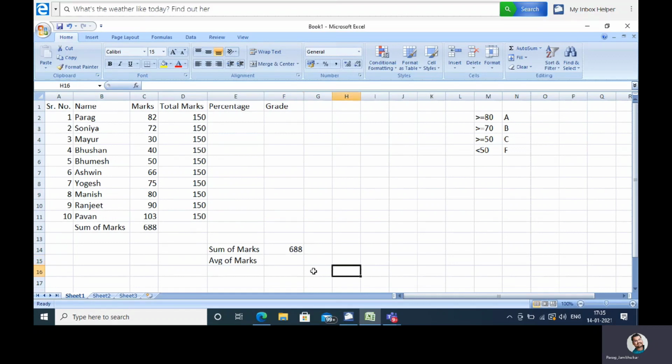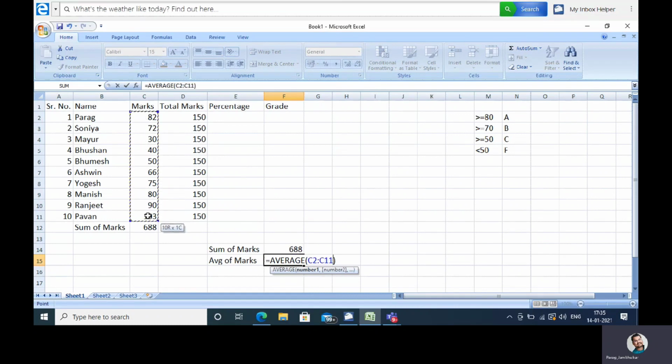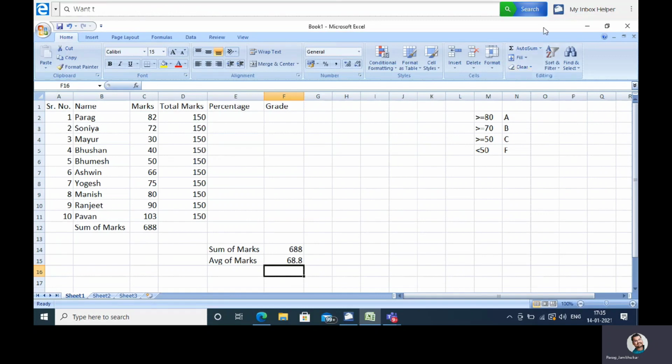Then suppose I want average. So click here, then choose the Average function. Okay, so the average function has come there. Now I'm selecting all these values. So I want average up to this. Press enter. So here I got average. So in the same way, you can use other functions also. Sum, average, count numbers, max, min, and many functions are available. So click on more functions.